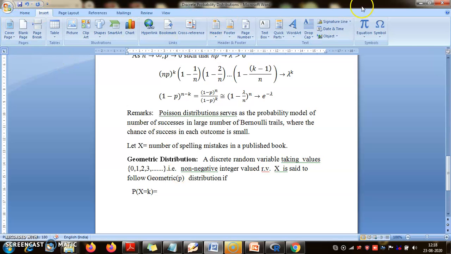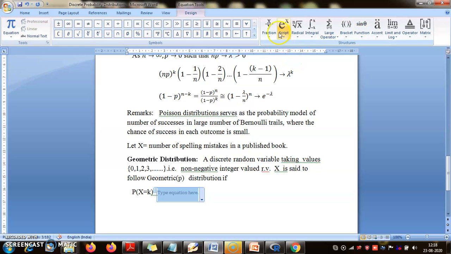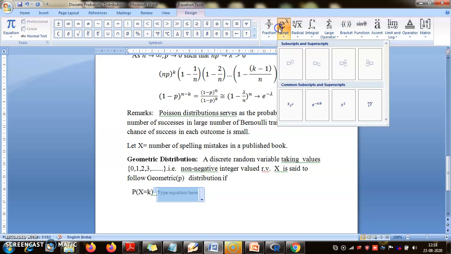Insert equation again. So it is similar to writing on the blackboard, but of course this process gets very slow, especially